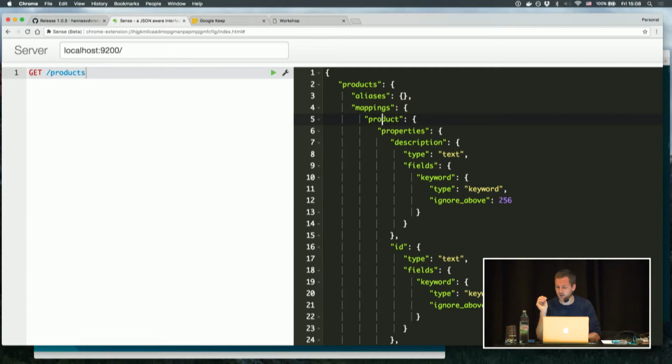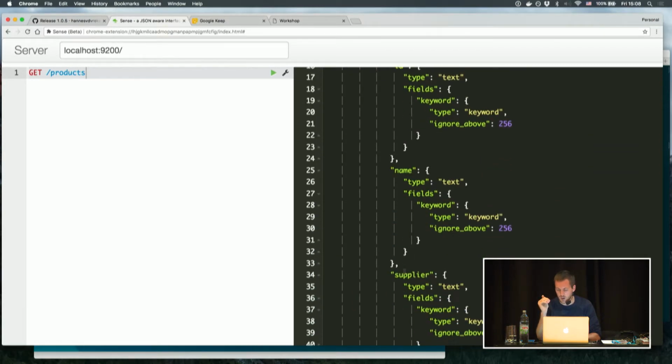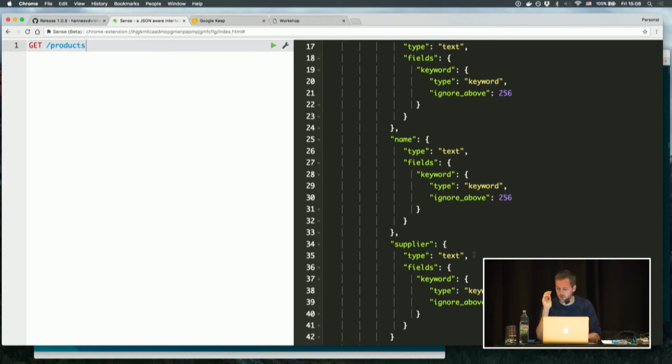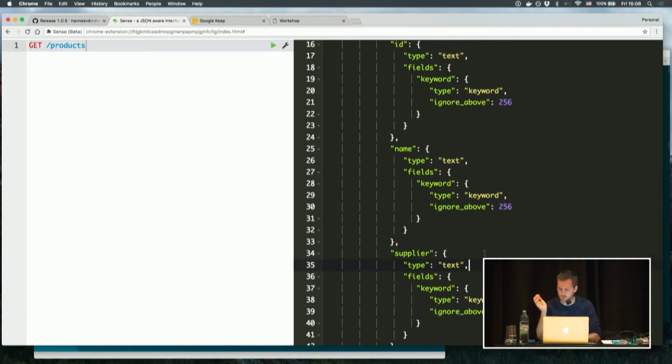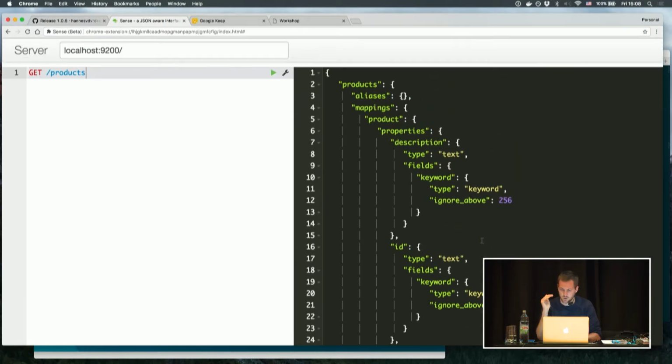So it's going to recognize that a document of type product will have some properties: description, ID, name, and supplier. And it's going to auto-detect that it's of type text. That's the default